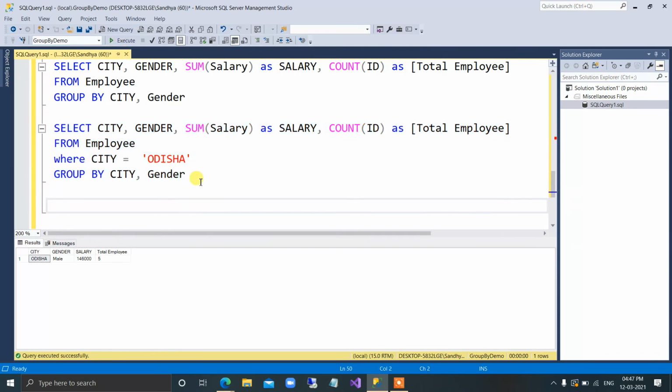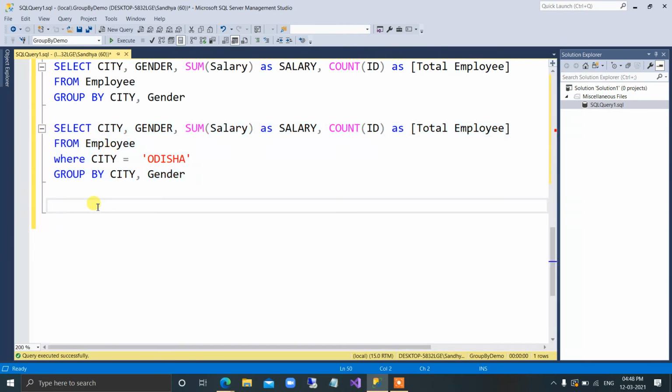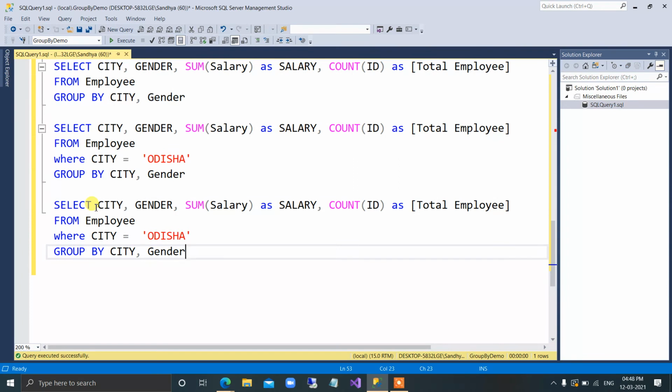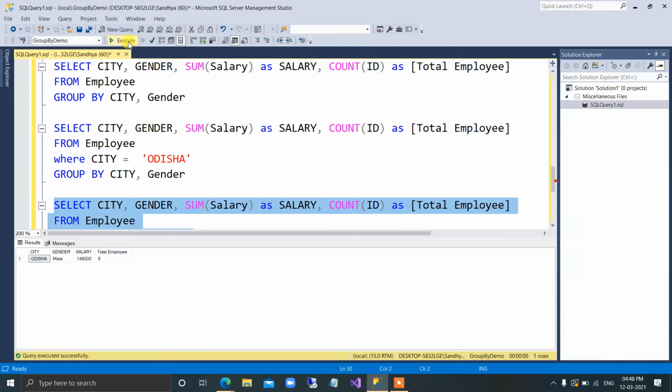Now we will see how to use the having clause. Once I show you the difference, you will find there is a slight difference in usage of where and having. If you want to use where, you have to use it before group, so before doing the grouping you have to filter the records. But the having clause is done after the grouping. So you will say having city is equal to gender. Simple. And you execute this, it will give you the same result.